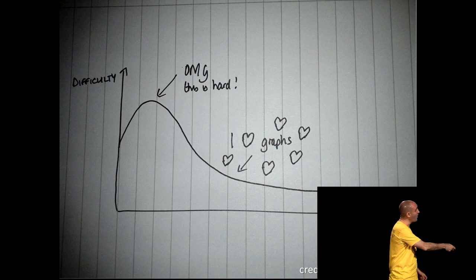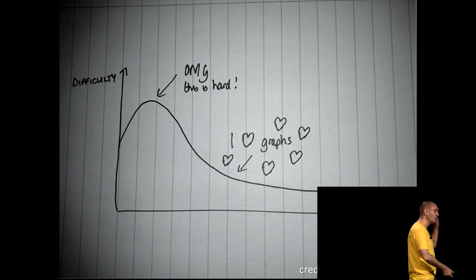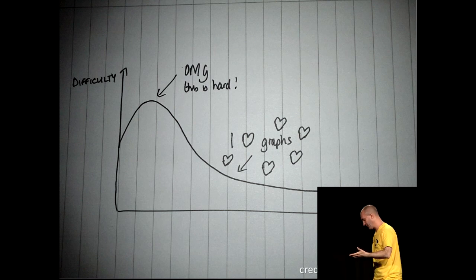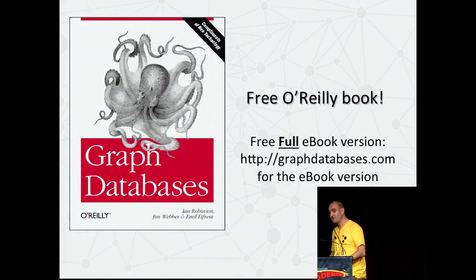And then finally, I got over it. I was just like, actually, forget it. This is easy and pleasant, and now I'm going to embrace it. But it took some effort to unlearn what I'd learned from relational modeling in order to go into graph modeling. Now, to help you guys, there's a book you can get.